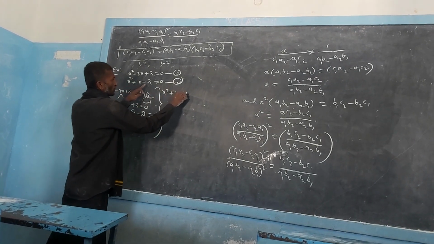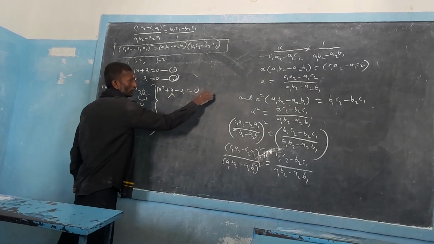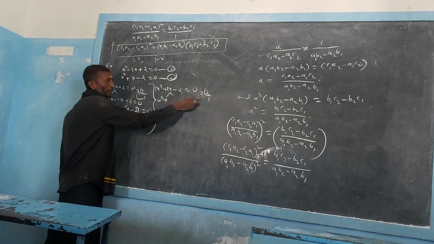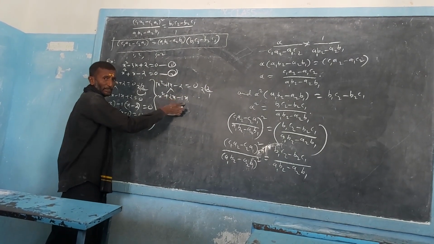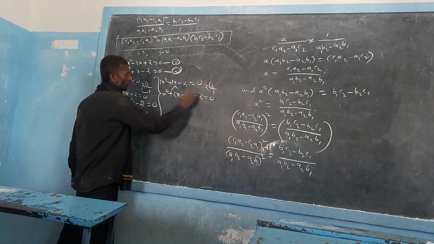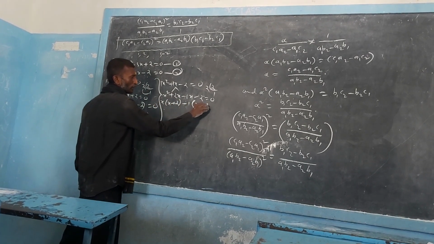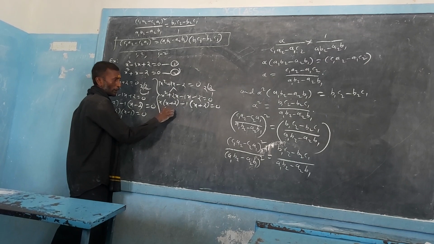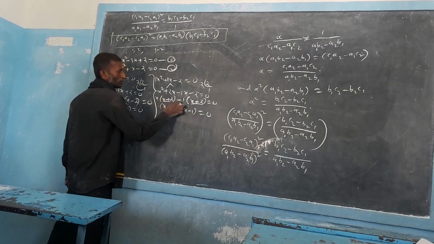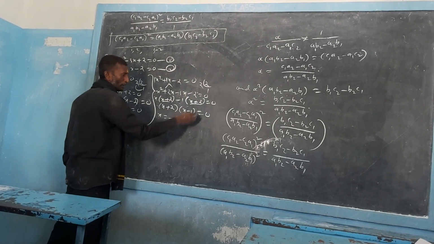x² + x − 2 = 0. I want to find its roots. In the same method, 1 into 2 is 2, with factors 2 and 1. We can write x² and this 1x can be written as 2x − 1x, since 2x − 1x is 1x only. Now take x common from the first two terms and −1 common from the last two terms. We finally get (x + 2)(x − 1) = 0. So x = −2 or +1.